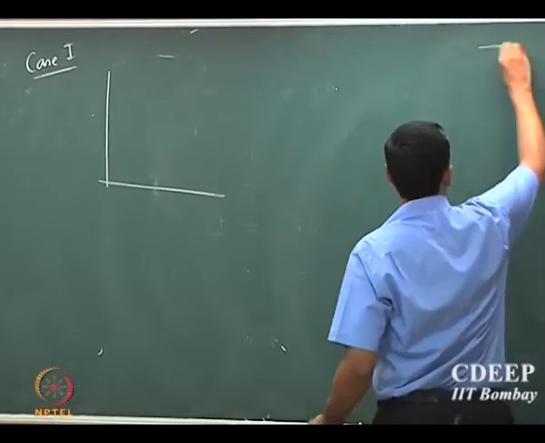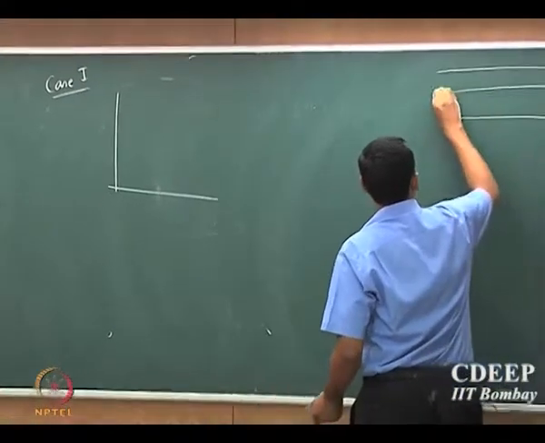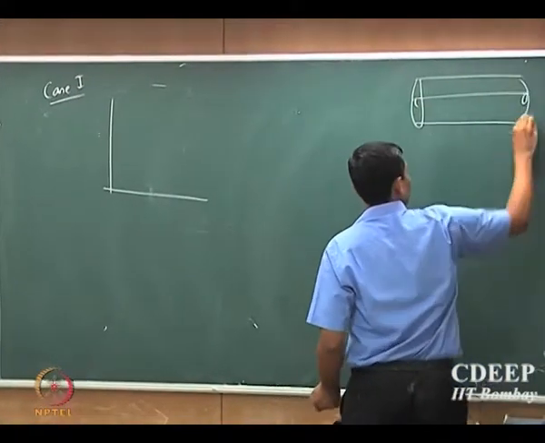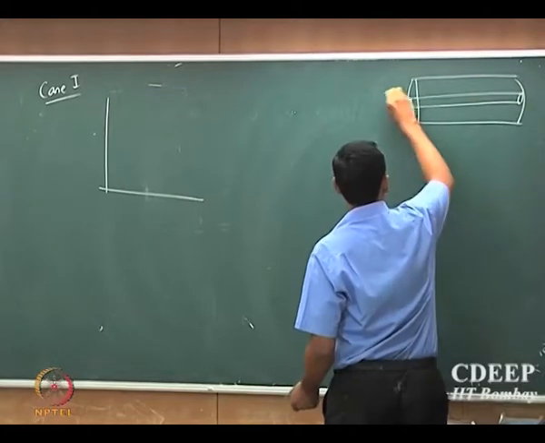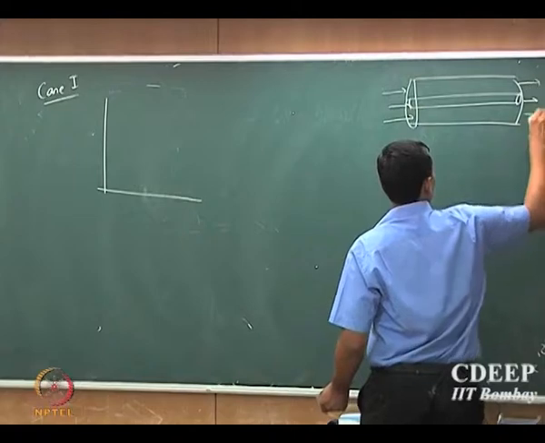So if you have a double pipe heat exchanger, you have some fluid flowing through these two chambers,